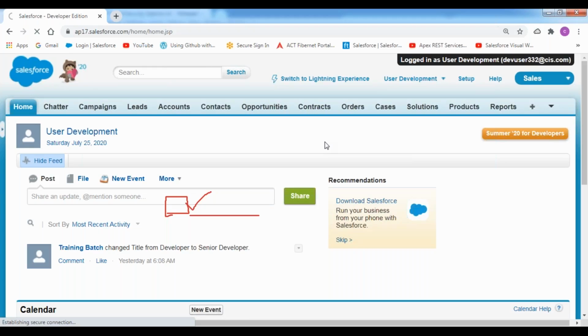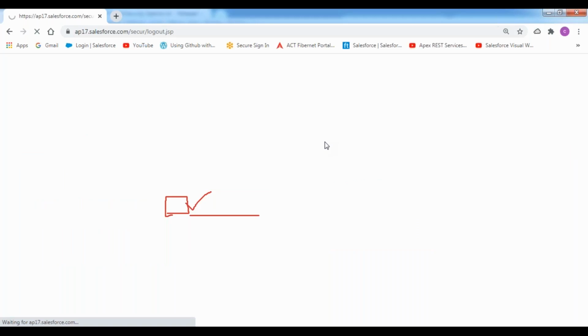Whenever I sign out from that user account, Salesforce will sign out the whole application. As an administrator, I have logged into the development user account, which allowed me to log in there. From there, I resolved that problem, and whenever I come out from the user account, automatically it closes the whole session. But I don't want to close the whole session. I want to close only the development user's account, and come back to my session.